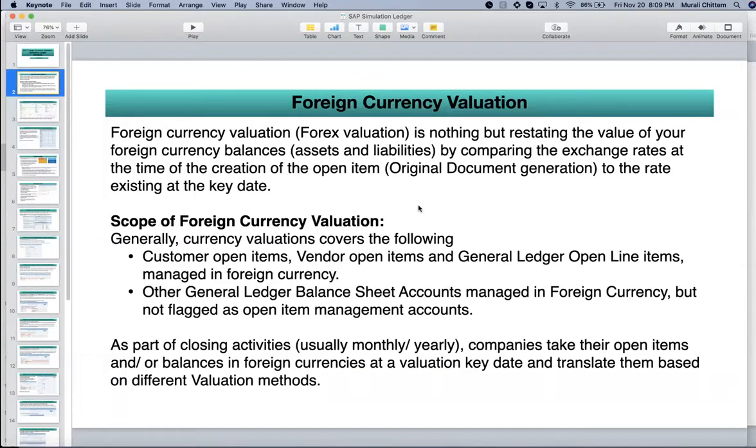They do it for all the foreign currency balances and translate them based on the valuation methods. In SAP, we create valuation methods, and we'll go through those configuration settings. This is just concept, and there is no change between ECC and S/4HANA.